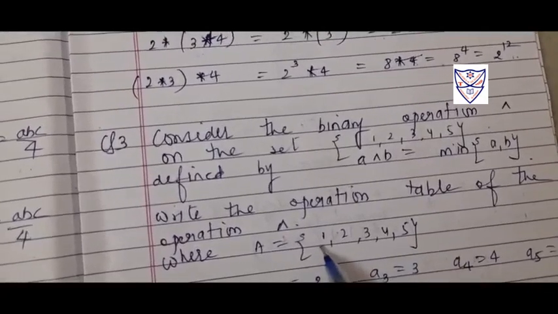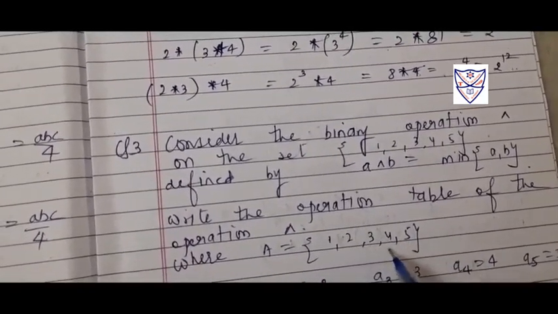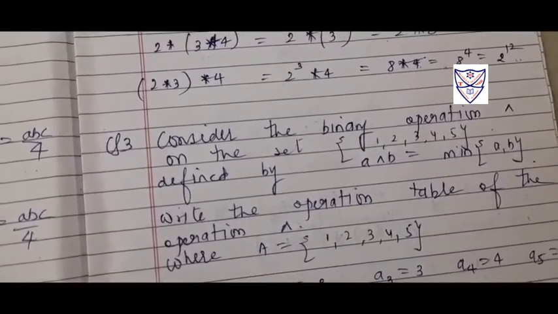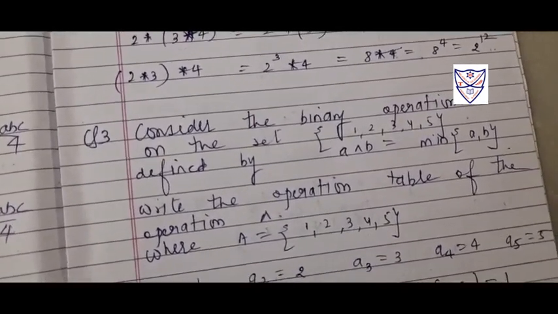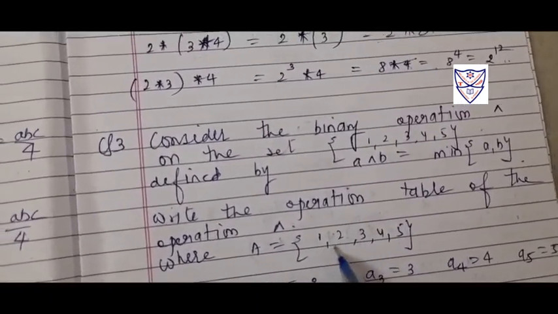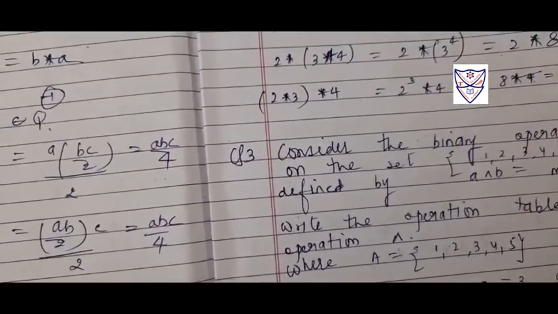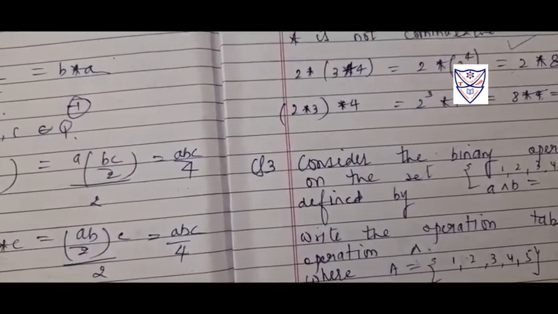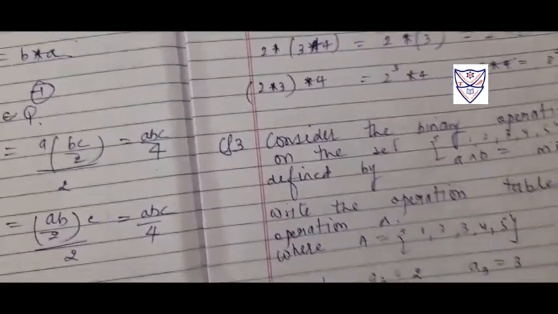So the minimum value of 1 and 2 is 1. We can see the minimum value of these two is 1. So the element at the intersection of the first row and the second column of the operator table is 1. Similarly, we can find the whole operation table, and it is formed as: